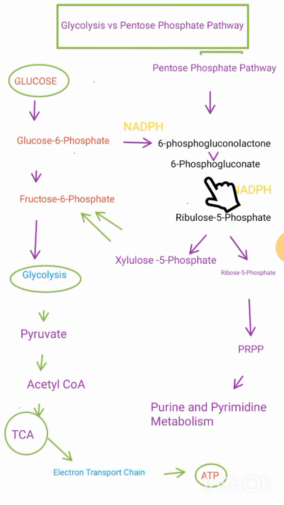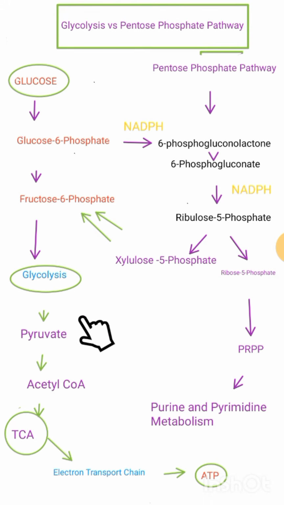And once this is formed, we can use ribose 5-phosphate in the non-oxidative phase, convert it to xylulose 5-phosphate, and thereafter convert it to fructose 6-phosphate, which joins the glycolytic pathway at this entry point, thereby proceeding into glycolysis, forming